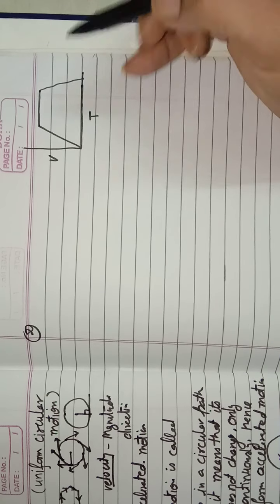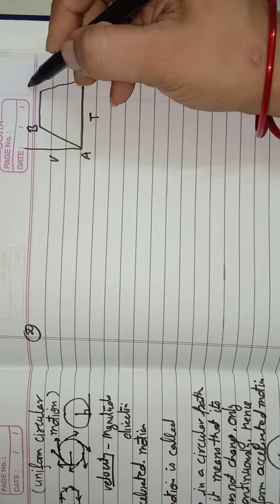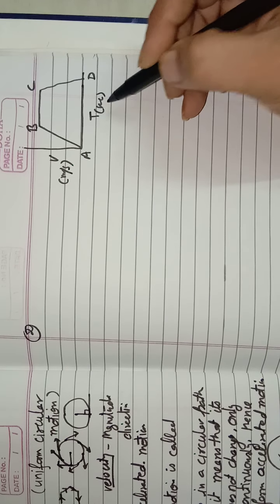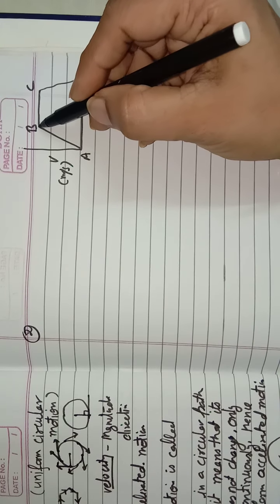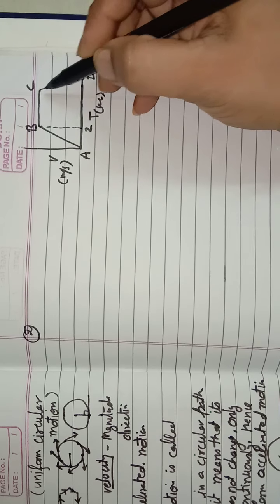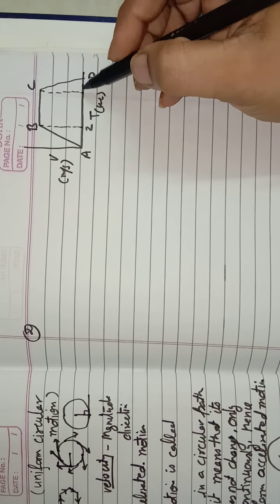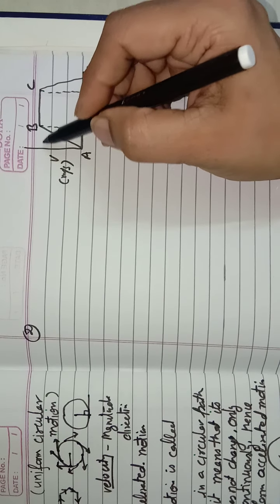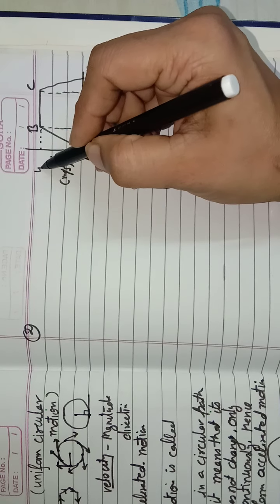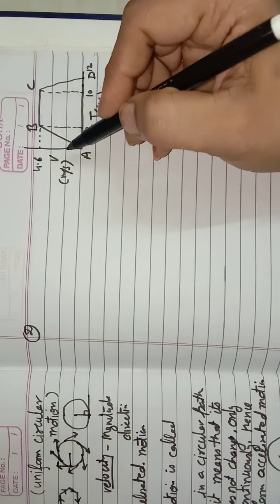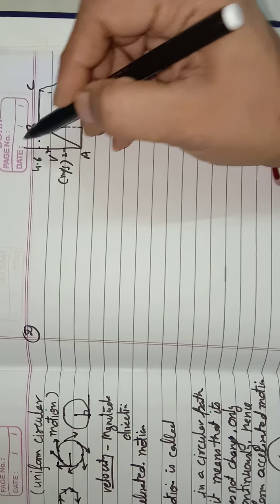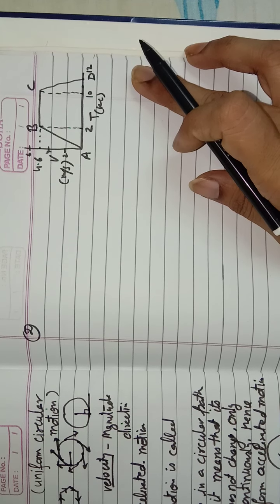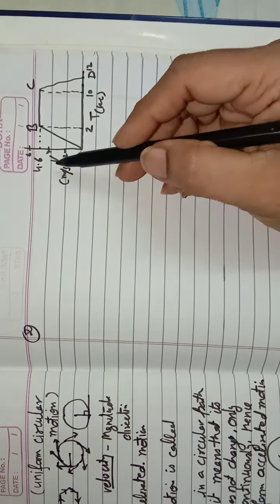Suppose these are points A, B, C and D. Velocity is in meter per second and time in seconds. At point B, the time is 2 seconds. At point C, the time is 10 seconds. At point D, the time is 12 seconds. And the velocity is 4.6 meter per second, with marks at 2, 4, 6. Okay. This is the VT graph. Now you have to do some questions based on this graph.